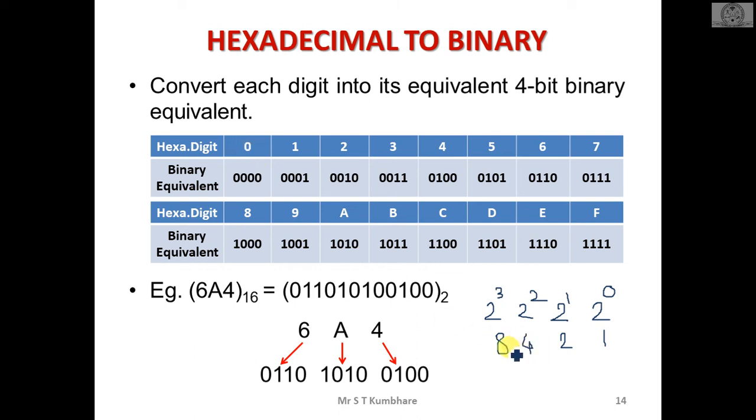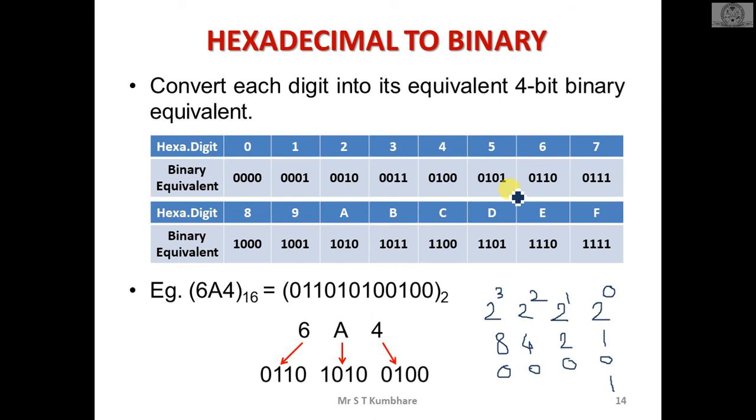For 0, if I add any of these, I am going to get more than 0, so all these bits should be 0. That's why we write 0 over here. All these will be 0. If I want 1, I need to write 1 over here. The remaining should be 0, because 0 into 8 is 0, 0 into 4 is 0, 0 into 2 is 0, and 1 into 1 is 1. So if I add, I will get 1. Similarly, I can do it for the others and I will get the result. I hope this clarifies it for you.